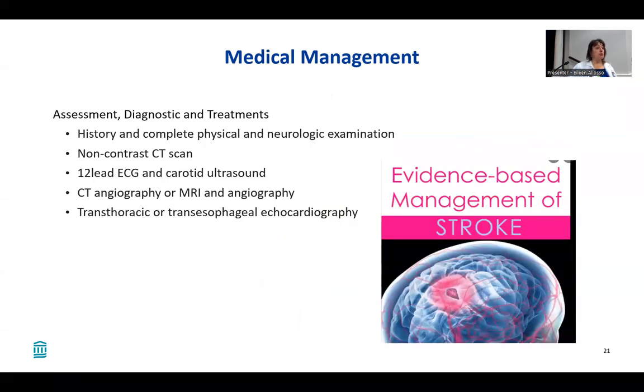Medical management you want to be aware of because you're going to be monitoring the patient during their medical management, and they might have questions for you about what's going on and why they are doing this. For the medical management piece, they do a very thorough history and physical and neuro exam. They do the head CT non-contrast,